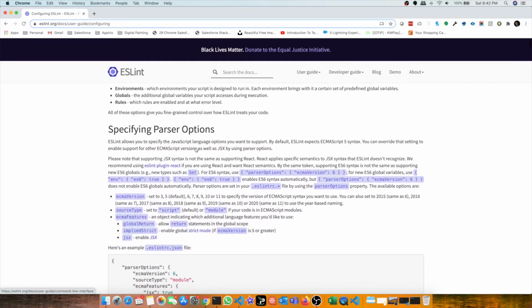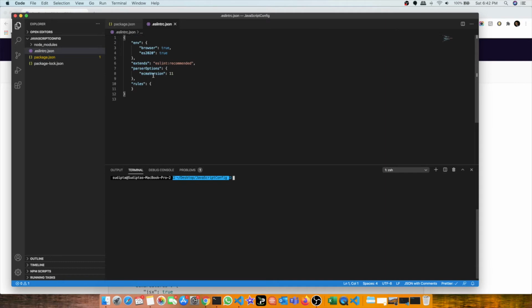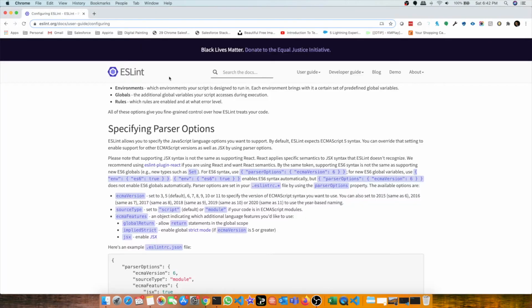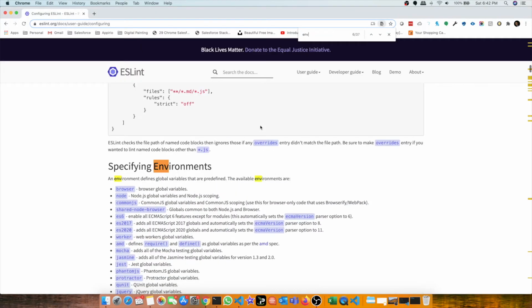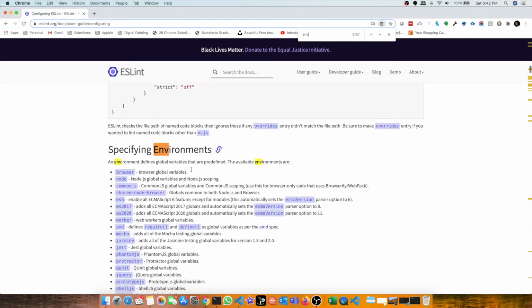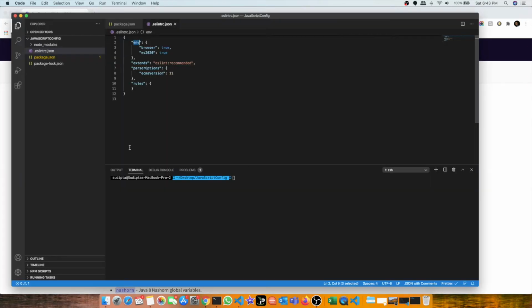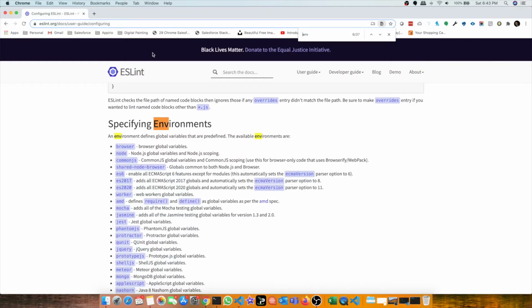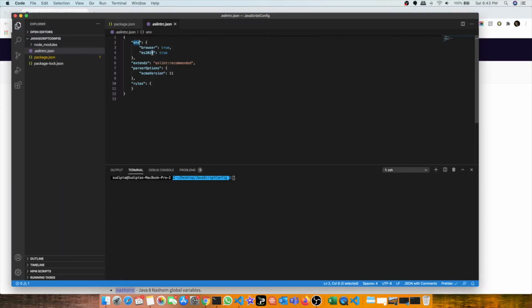And our first one was env. So if I search with env, it will tell these are the defined environments. So we have browser, we have ES2020. I recommend you put node,